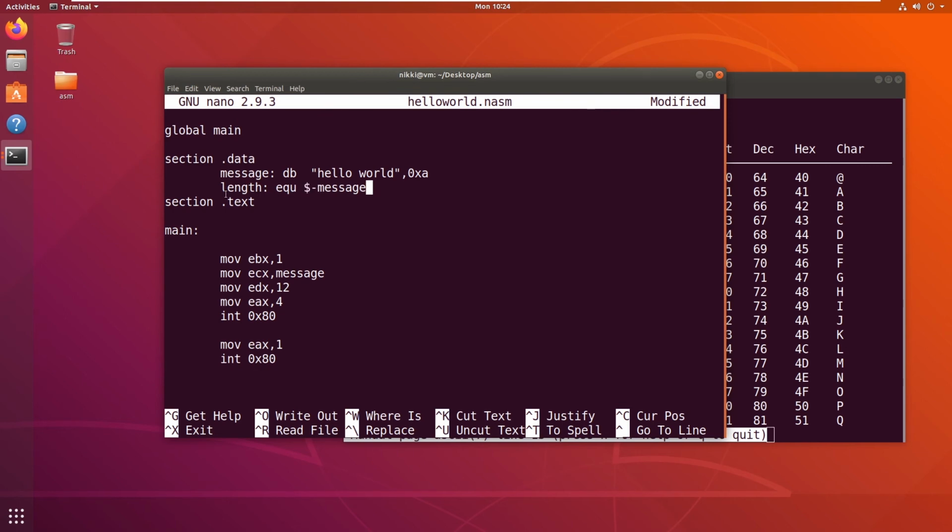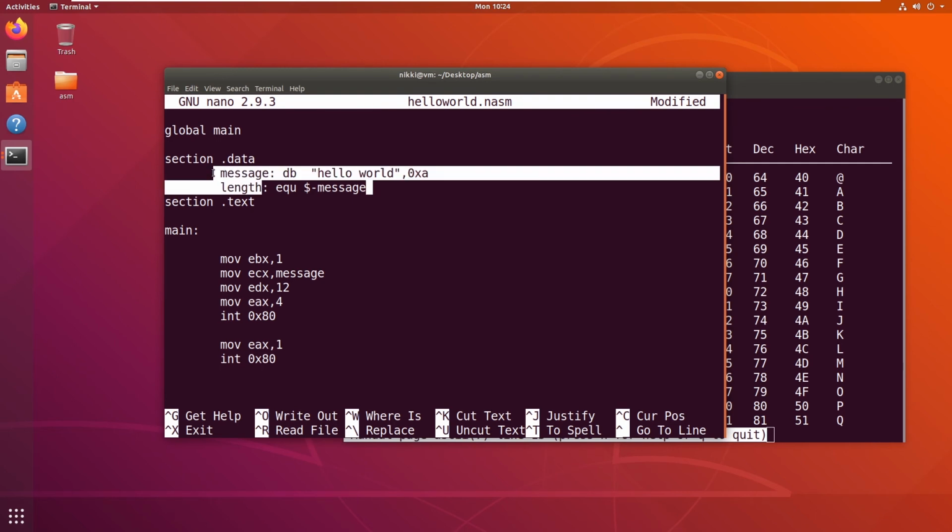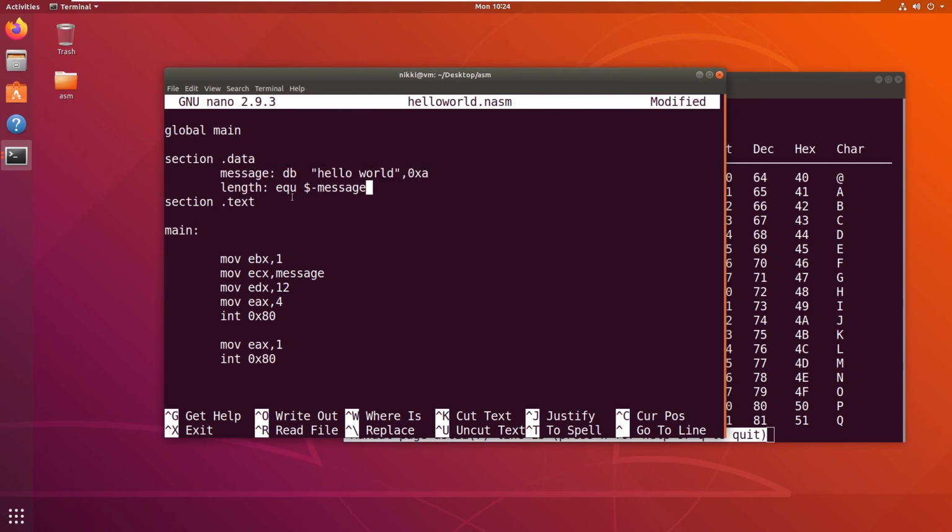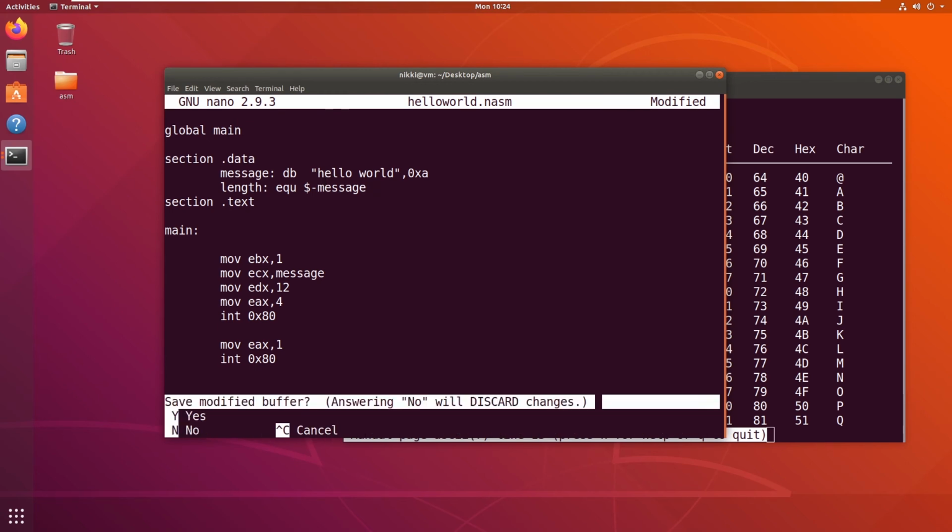Dollar means the current instruction's address and message means the message address. If you just subtract that, you will get the difference between these two, which is exactly the gap between these two variables. I think you understood, guys. Now let me save this.